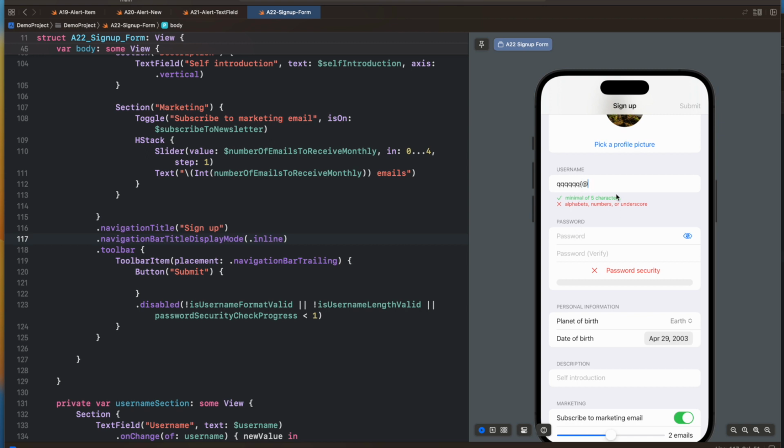I also have a password, so right here we can enter a password using a SecureField. As you notice, we have a button that can hide or show the password. There's a password verify and there's a check on password security. So if we type one more character, you can see it's animated, so it will show how secure we met the requirement. Also notice that the submit button on the top is only enabled if the password and